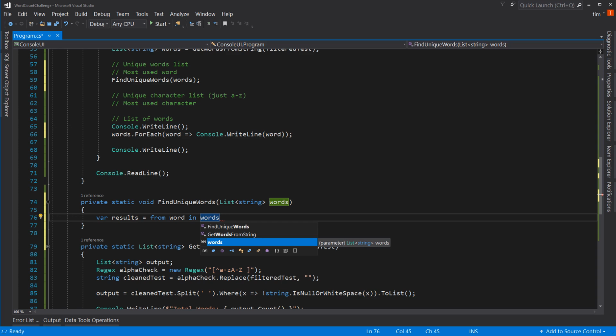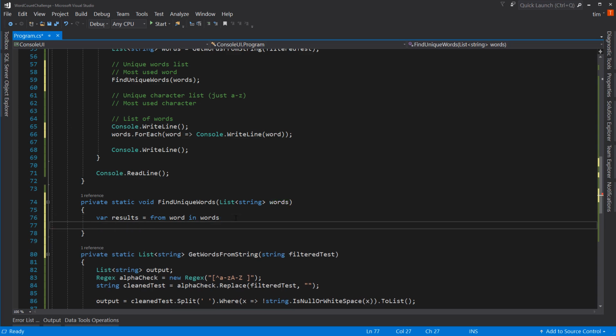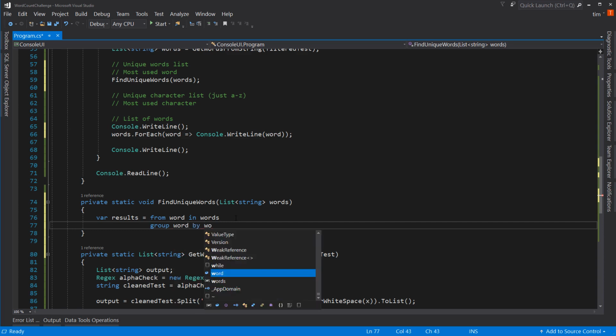Okay, so we're first saying where we're pulling our data from. So each row is a word now, and words is my list. This is a name I created, just kind of made it up. This is my list. Now I can say, let's do a group by first. So we're going to group each word by